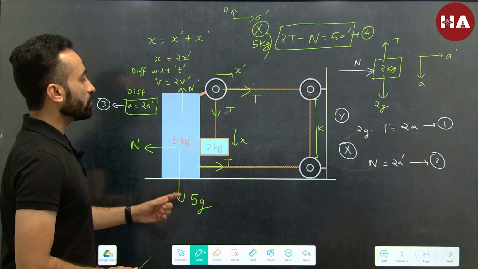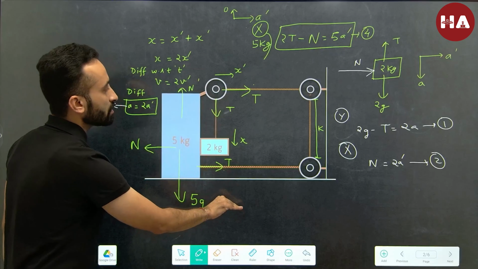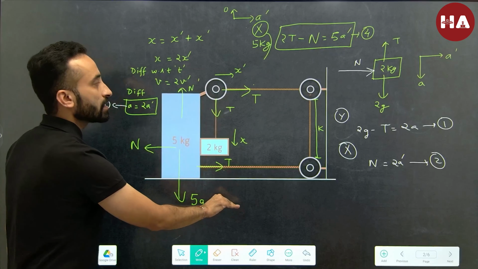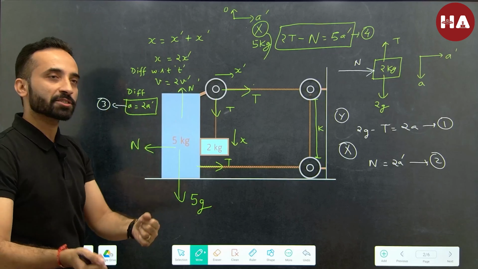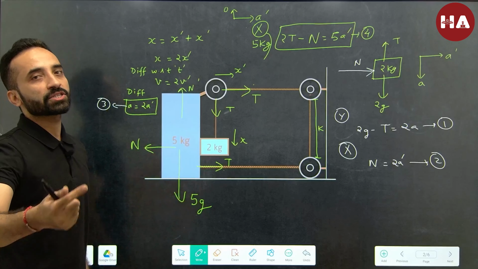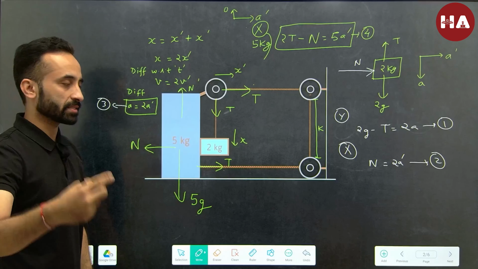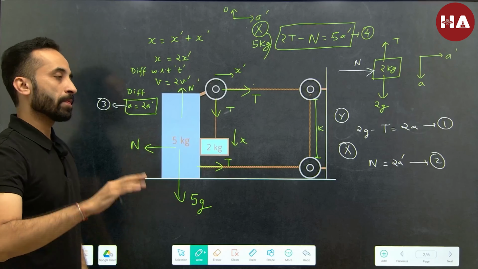And that is why we said that, let's say this moves x downwards, then because 5 kg moves x dash forward, so x is equal to x dash plus x dash. Is that fine? Think about it. And once we have the relation in displacement, we can clearly relate the acceleration by differentiating it twice. All this is being done assuming there is no friction. So obviously we are not involving friction today, and we are just focusing on the constraint part and the